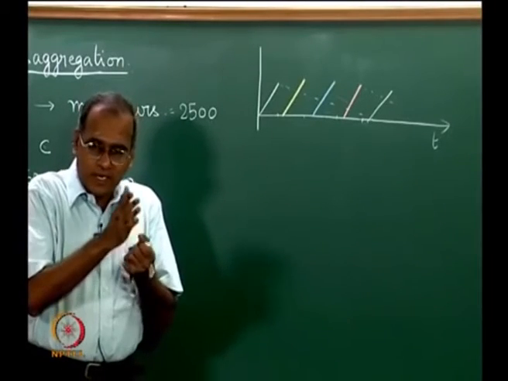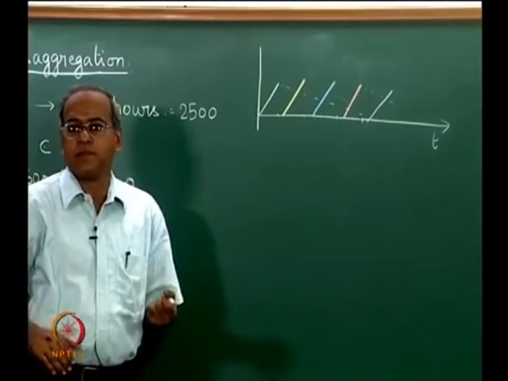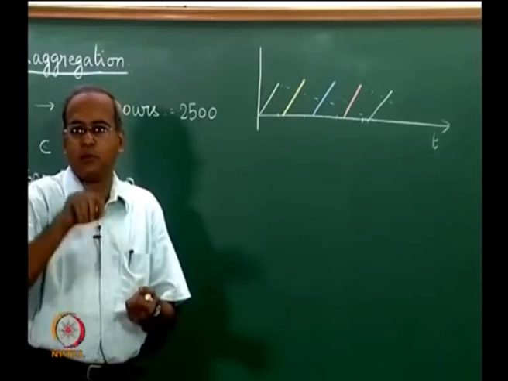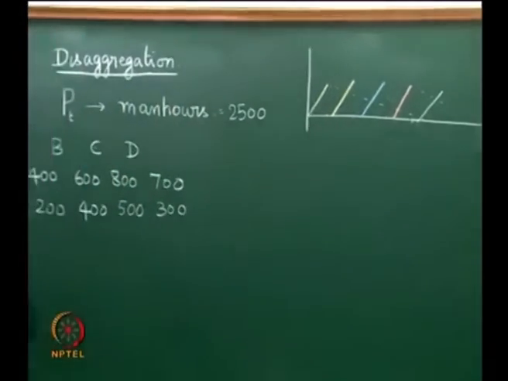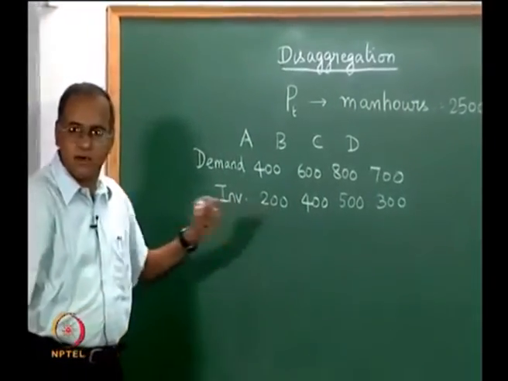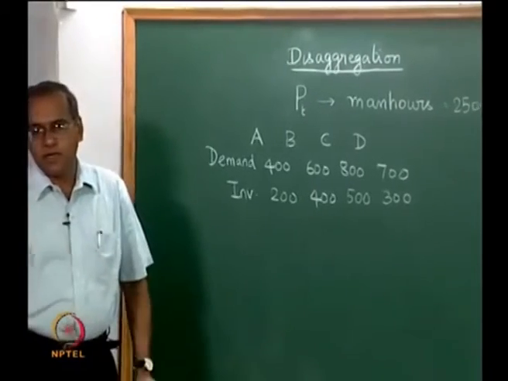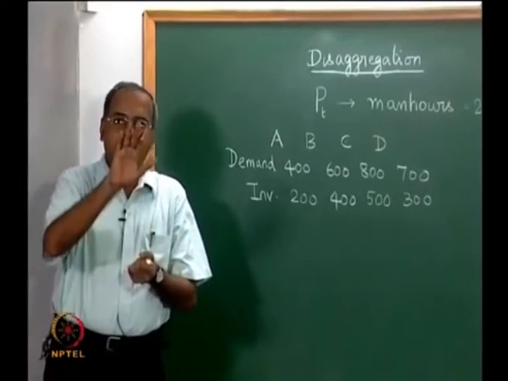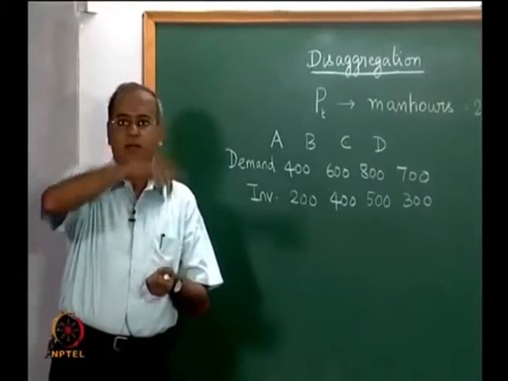So till the time we start producing items 2, 3 and 4, we need enough inventory to meet the demand of that item, and that is the reason we have these initial inventories which are here, which we will be using before we start producing that particular item. And once we start producing that item, we consume while production, build up some more inventory and then use it